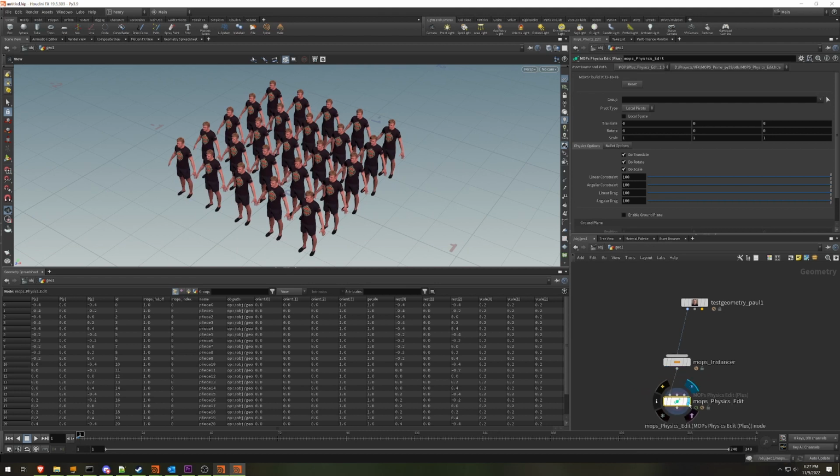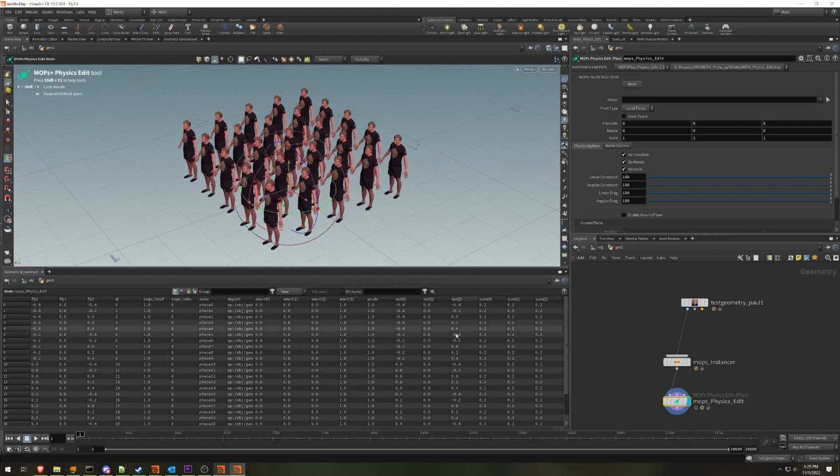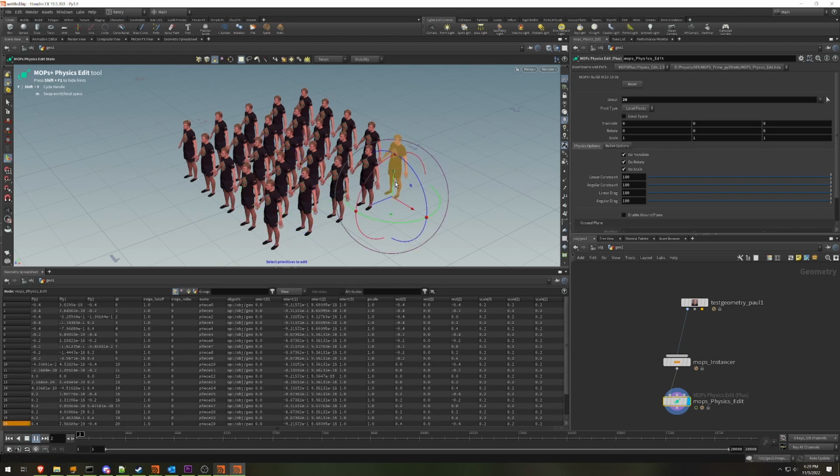So with this wired up, just like with regular MOPs edit, all I have to do is point to the viewport and hit enter to activate the node state. You're going to see a selection handle, and you're also going to see your timeline shifts. And as soon as I start clicking on something, you're going to see that the timeline starts playing. The reason for this is that